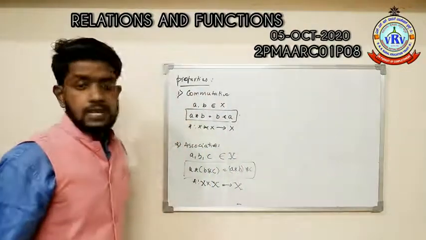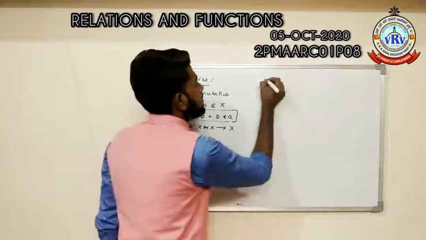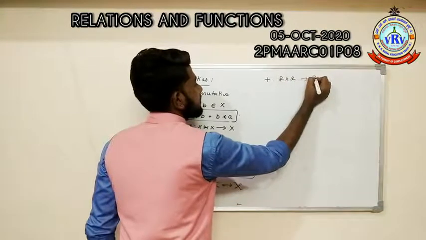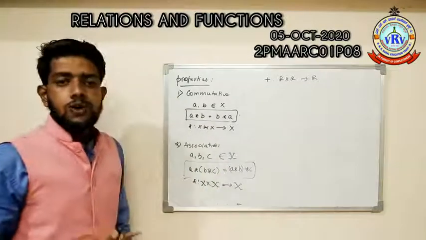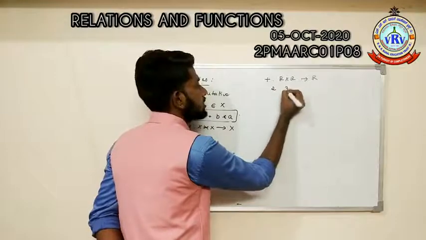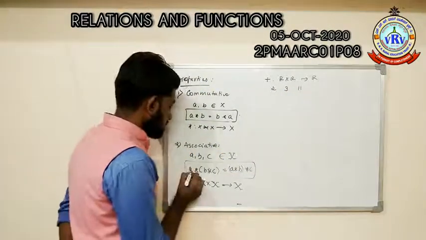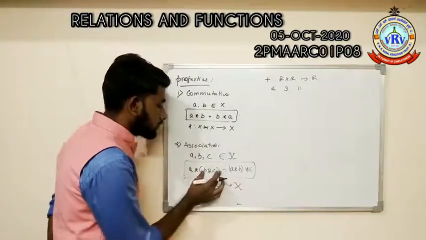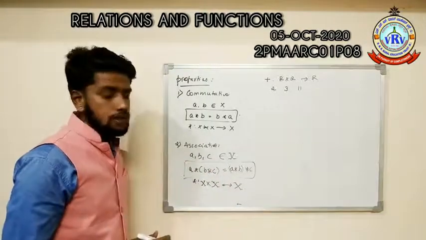We are considering 3 elements at a time. Let me take one example: addition under the real number set. Let me check whether the addition is associative or not. So I am considering 3 elements, 2, 3 and 11. Now the condition is A star in the bracket B plus C. The bracket indicates that we have to operate first what is inside the bracket.